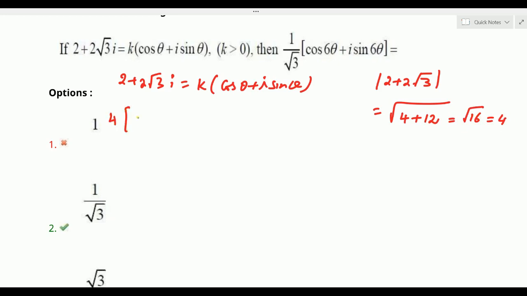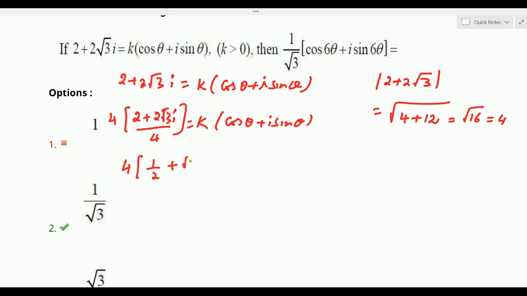4 into multiply చేసినది 4, division చేసిన 2 plus 2 root 3 i by 4 is equals to k times of, what is the next result? Is equals to k times of... అంటే దీన్ని k into cos theta ఫార్ములా రాస్తున్నాను, k times of cos theta plus i sin theta. Okay na? 4 is as it is, and the division for 2 by 4 and 1 by 2. 1 by 2 plus 2 root 3 by 4 and root 3 by 2 i is equals to k into